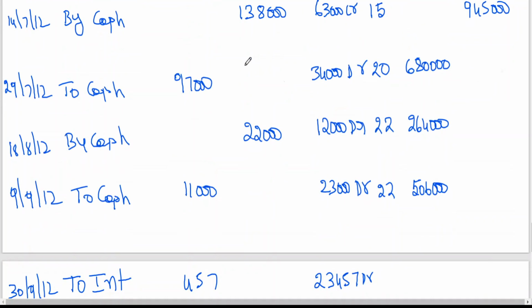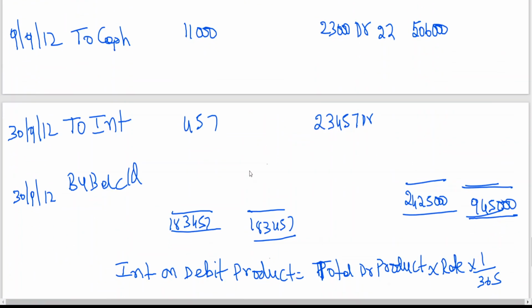Now 1,83,457 minus 1,38,000 minus 22,000 is coming to 23,457. Same as this, no? Same thing. Which balance is it showing? Debit balance. Balance carried on appearing on the credit side means it shows which balance? Debit balance. So what is the difference between this and the other problems we have seen so far?